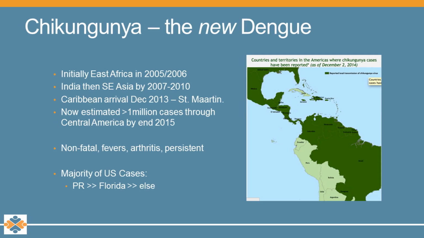Its cousin is Chikungunya, which similarly has gone from being non-existent in the Central and South Americas to being widely endemic. And I think if you look at that map, the only reason Cuba is not also dark green is that they didn't report, although it's certainly endemic to that area. So chikungunya, for any of you who have experienced it, is a back-breaking arthritic illness that can actually last for a good few months, and probably does tend to be a little more prominent in our transplant recipients because of, I presume, concomitant medications. But again, it doesn't cause the same degree of encephalitis or severity of illness that West Nile can. Again, more of an issue for our colleagues in Puerto Rico.